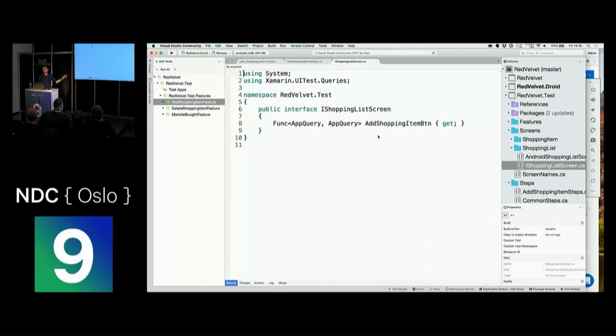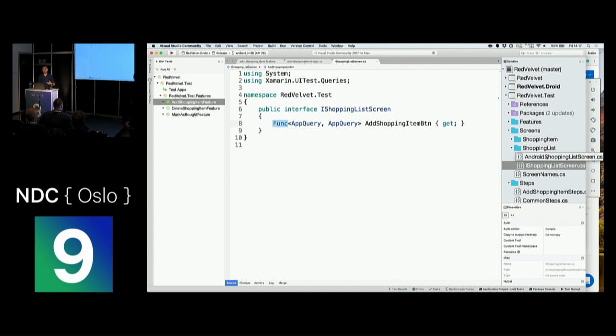So what I'm doing right now over here is that the iShopping list screen has a function, that's the add shopping item button. And behind this interface, there's an Android-specific version, because I'm using Android only, but you can also make an iOS-specific version as well, or maybe even a web version if you're making a web application.